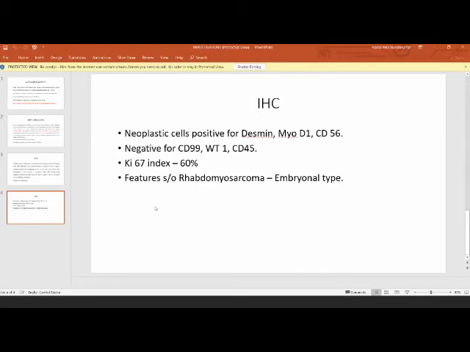Sir, basically for rhabdomyosarcoma, desmin and myogenin will tell us what sort of tumor it is. If desmin, myogenin or MyoD1 are positive, it goes in favor of the rhabdomyosarcoma. Ki67 index tells how rapidly it is proliferating. Usually, very rapidly proliferating tumors are the small round cell tumors. Their Ki67 index will be greater than 90%. Okay. These UV sarcoma, rhabdomyosarcoma will have slightly less Ki67, which will be anywhere between 60 to 90.